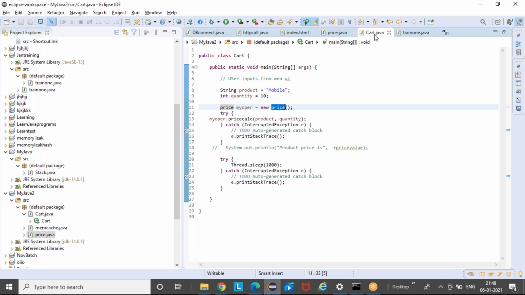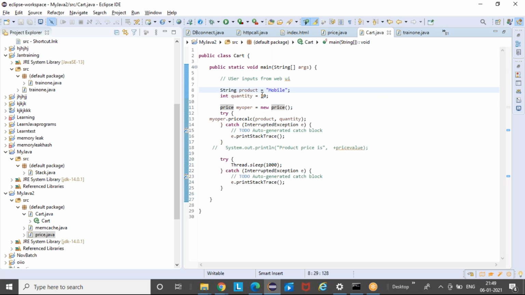Anyway, we will do a hands-on on how to create one single class file, how to create one method, how to create multiple methods, how to call one method from another method. All these things we will do hands-on in the next session. For our understanding about the object, I'm just explaining with an example. Whatever I explained theoretically, I'm just showing it here.